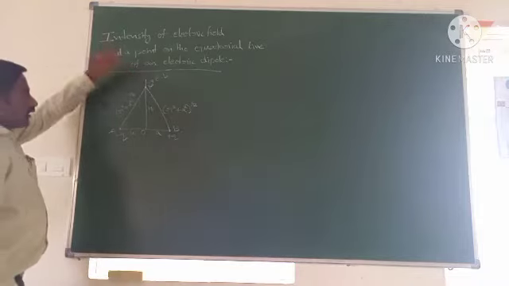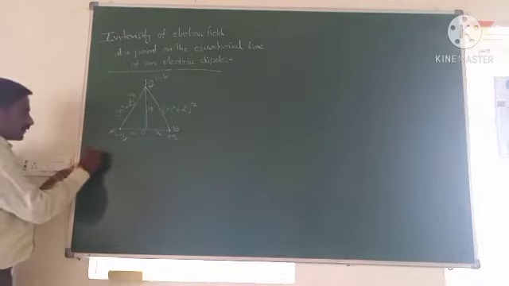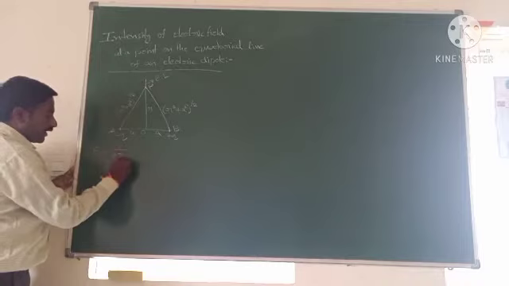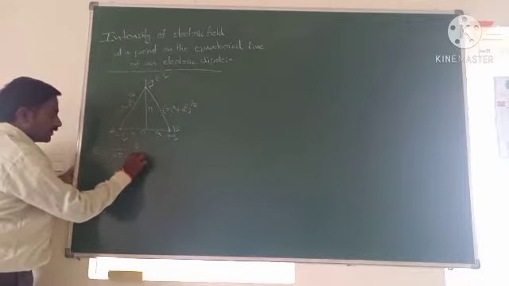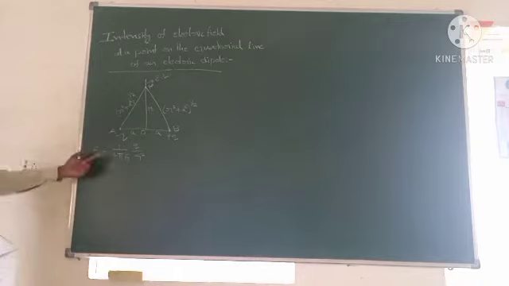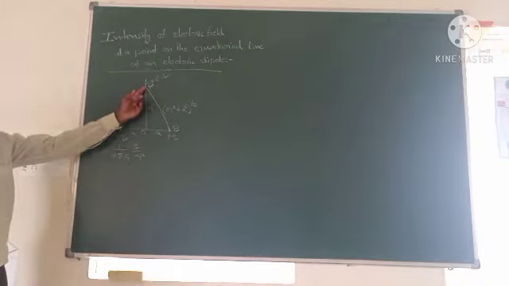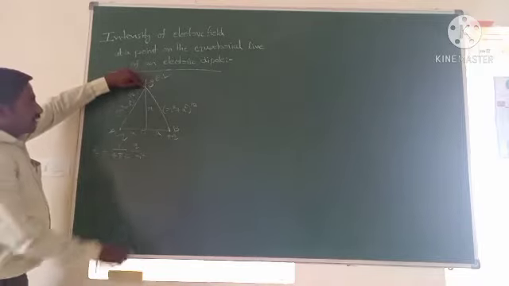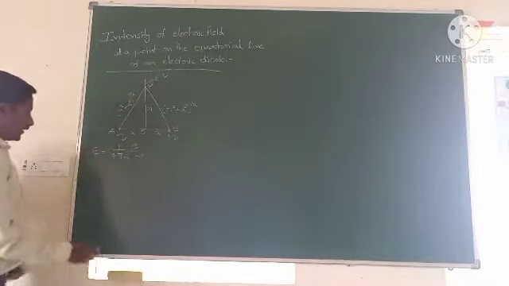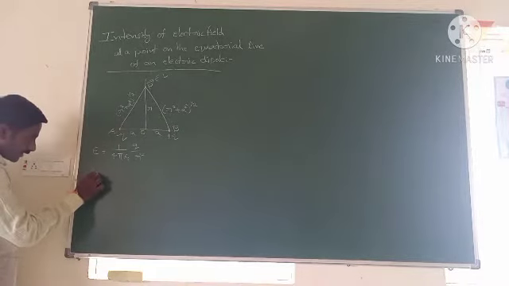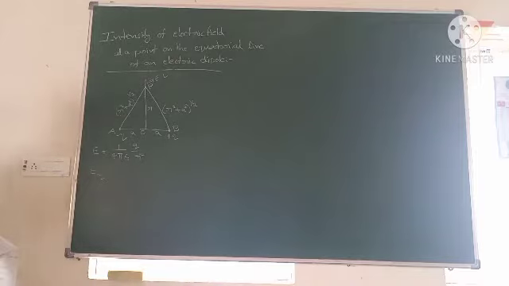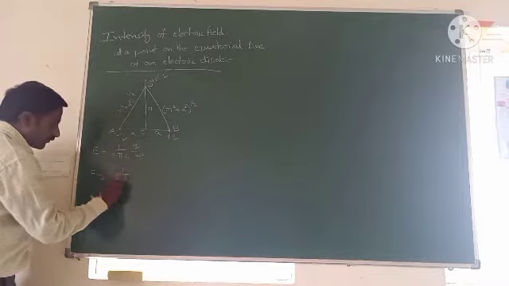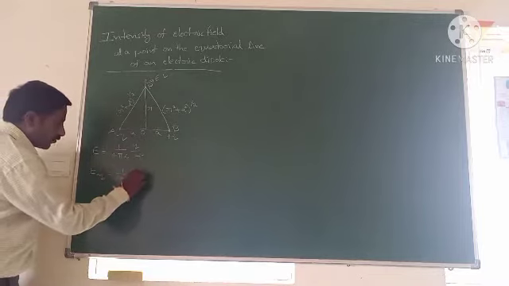Now, we already know the electric field intensity formula. So, what is the formula of electric field intensity due to a point charge? E equals 1 by 4 pi epsilon naught q by r square, where r is the distance. Now, apply this formula at this point due to both charges. The magnitude of electric field intensity due to plus q charge at point P can be written as E plus q equals 1 by 4 pi epsilon naught q by distance squared.